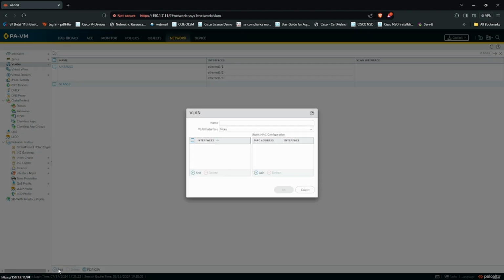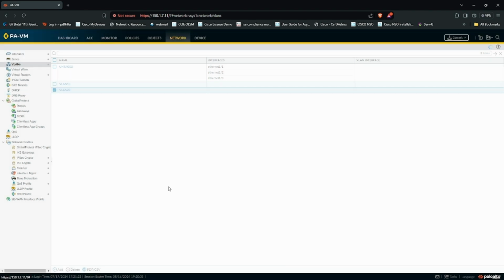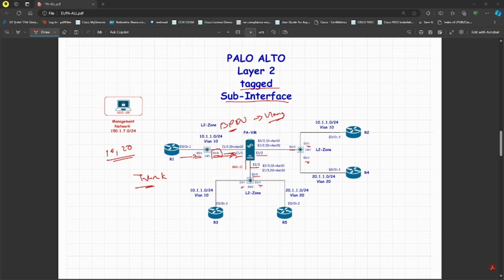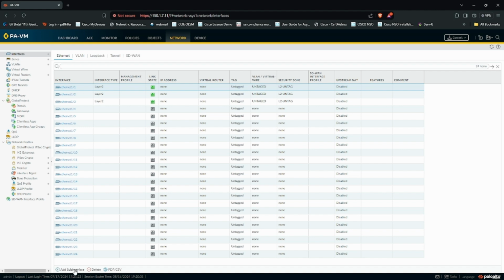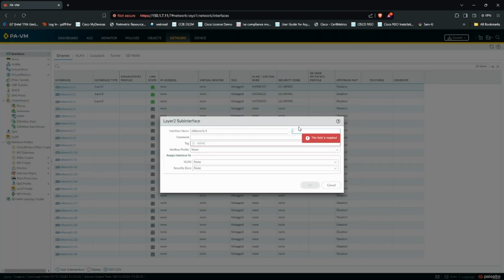Okay, and I will add one more VLAN, that should be VLAN number 20, and that's it. Let's go back to the interfaces now. So what I'm going to do is create multiple sub interfaces on individual interfaces of the Palo Alto. On all three interfaces, I will be creating sub interfaces now. So first one, select that one, add sub interface,